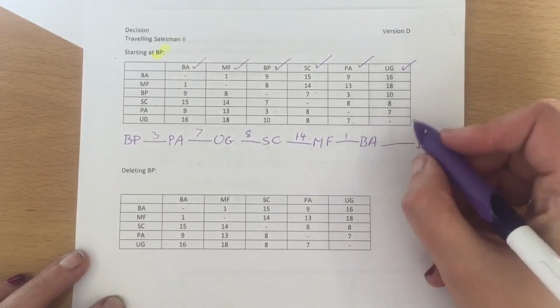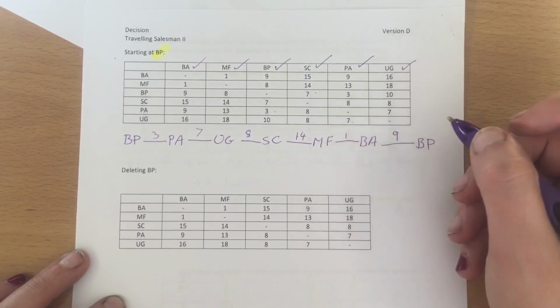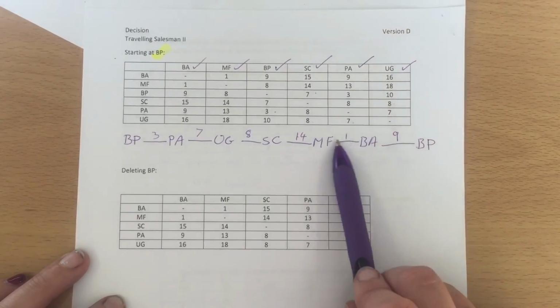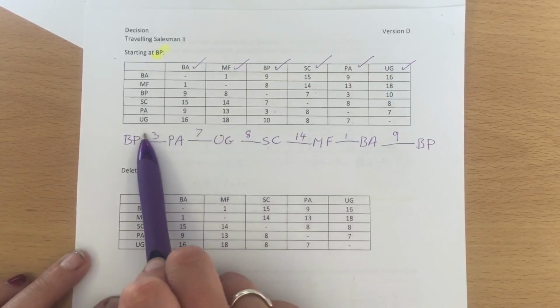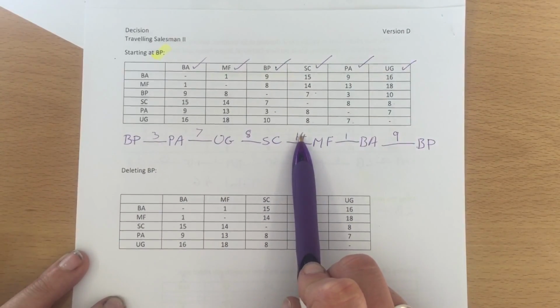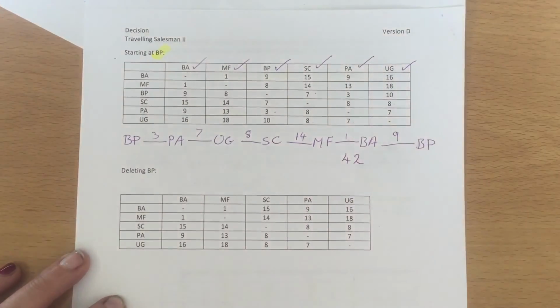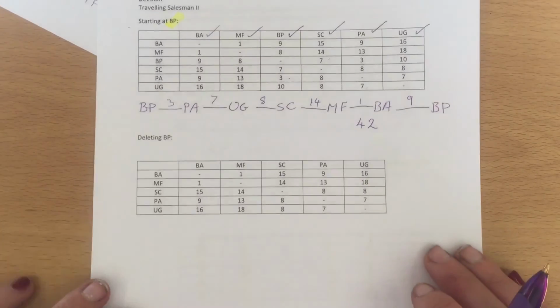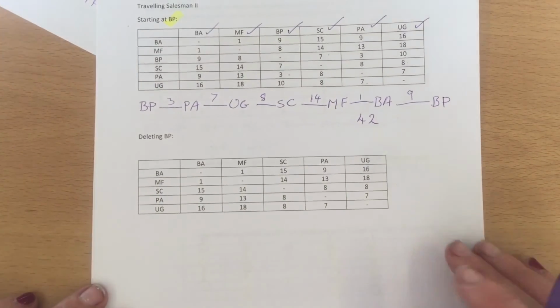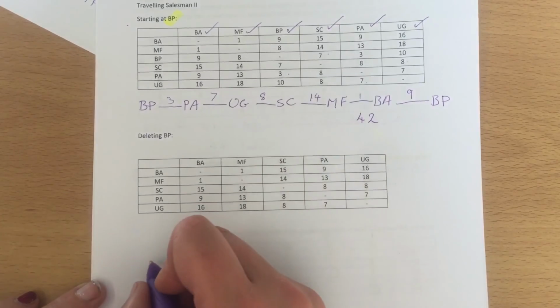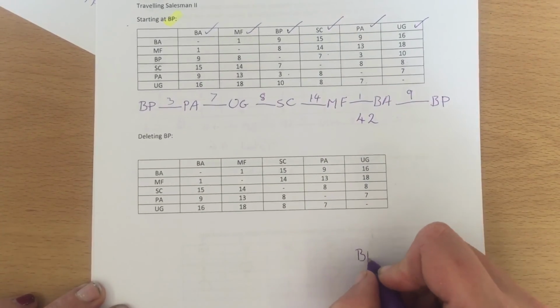So BA to BP is 9. So adding those together, we've got 10, 20, 34, 42. So our upper bound is 42. And then we're looking at a lower bound. So if we delete BP, then we have to include BP